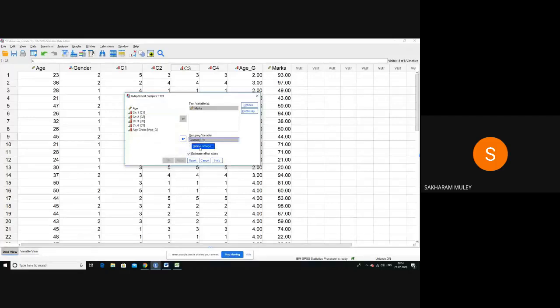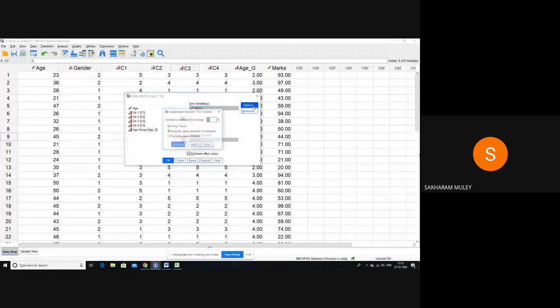So here you have to define your groups, and basically we have given a numeric code to these groups as 1 and 2. Here is a point which is very essential: why we require a numeric value here. So group 1 is 1 and group 2 is 2. I want to compare male, which I coded as 1, and female as 2. So let us continue, and we want to test for the marks.